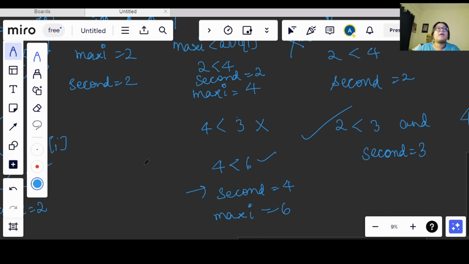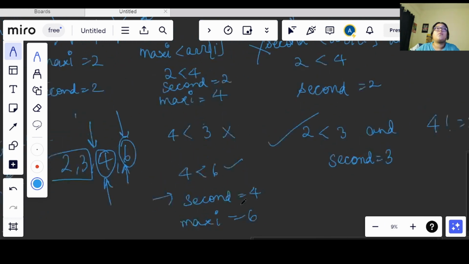Because let's say I have an array 2 3 4 6, in this 6 is the largest value, but in order for this 4 to become the largest value, it should be lesser than this, but it should be greater than the rest of the array, right? So this is the most eligible candidate for becoming the second largest value, okay? So that's why we are updating the second every time I am finding a new maximum, okay?